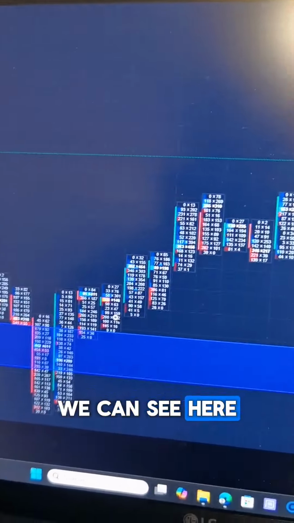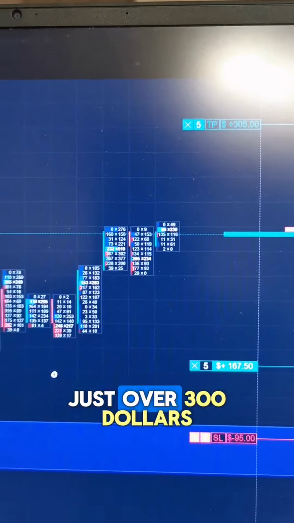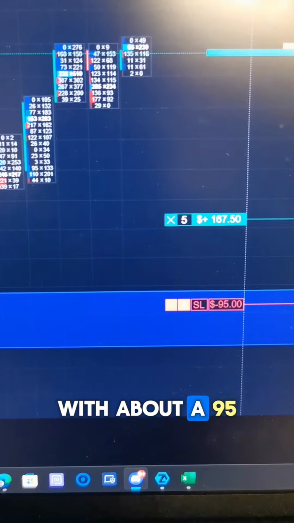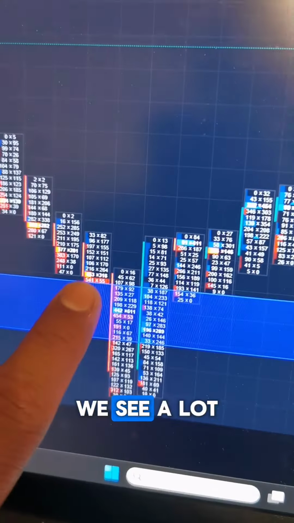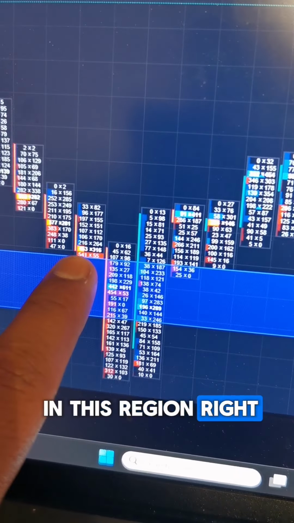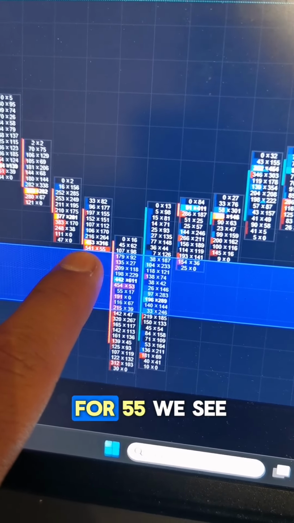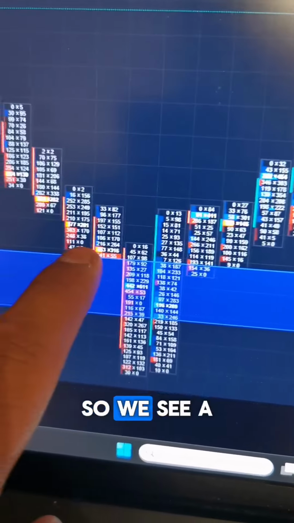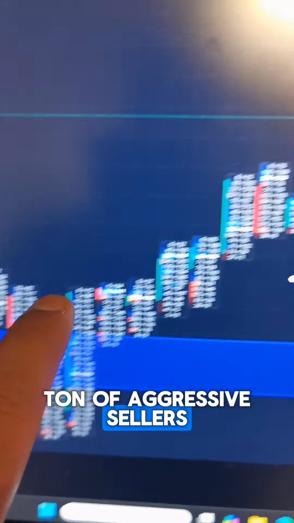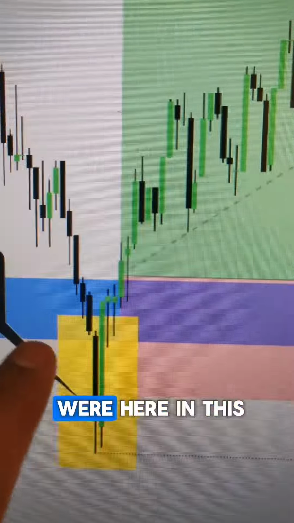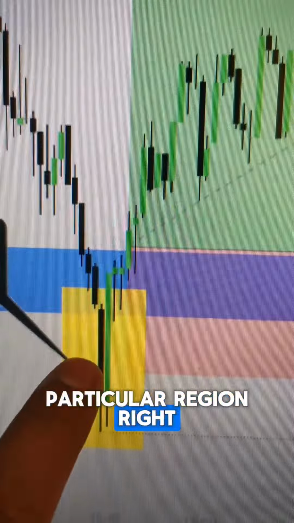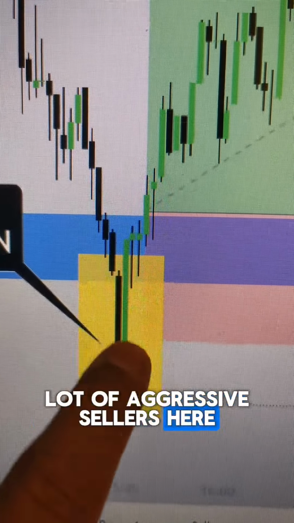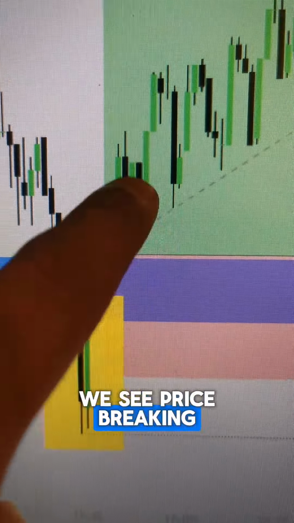We can see here, this particular trade cost just over $300 in profits with about a $9,500 risk to reward. And so what we need to understand here is we see a lot of negative delta just in this region, right? So we see 541 for 55, we see 454 for 53, right? So we see a ton of aggressive sellers, and these aggressive sellers were here in this particular region, right? So we saw a lot of aggressive sellers here, and then of course we see price breaking above this area,